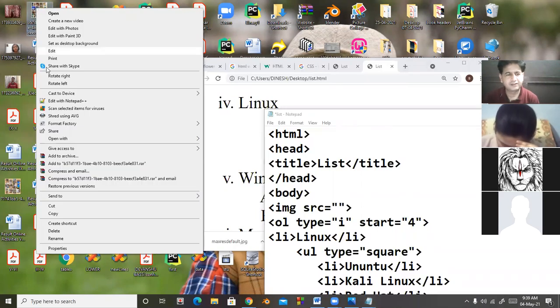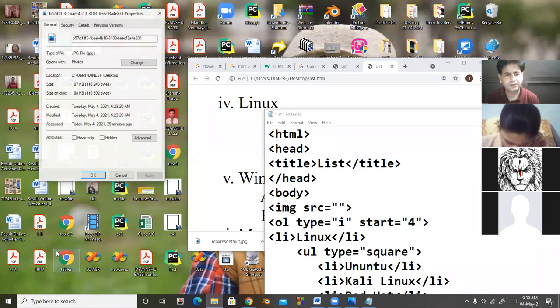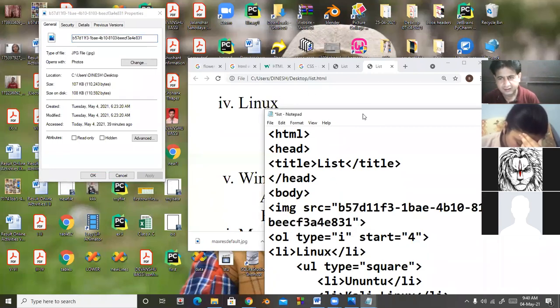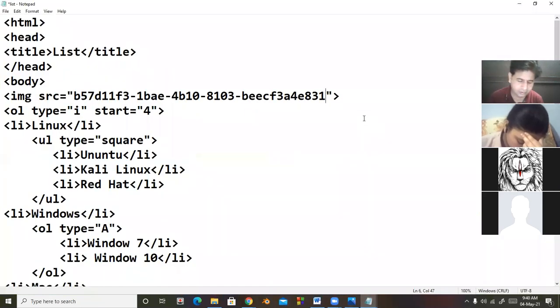I right click on that and click on properties. I copy the location, because my picture and HTML file are in the same place, so no need to use a path or location. You can simply define the file name with extension. So I'm copying this file name, and after that dot jpg.